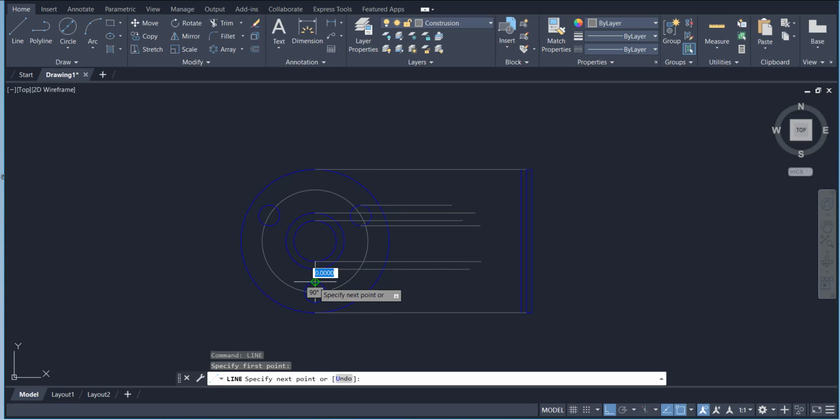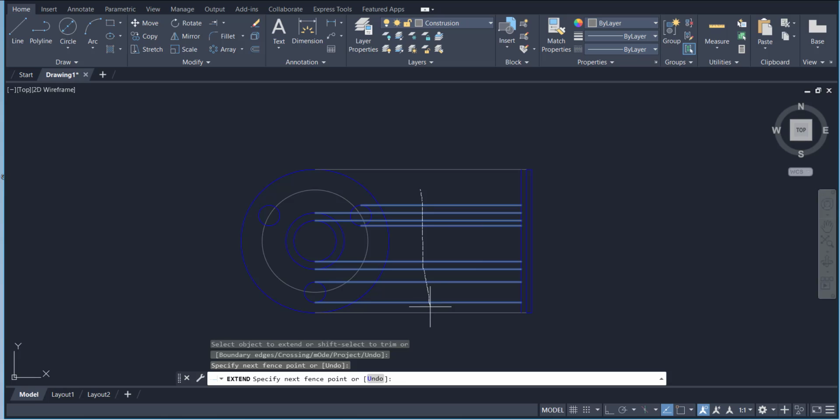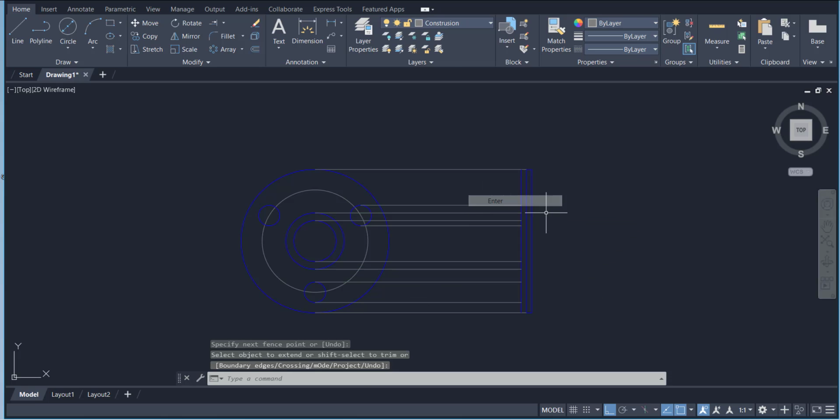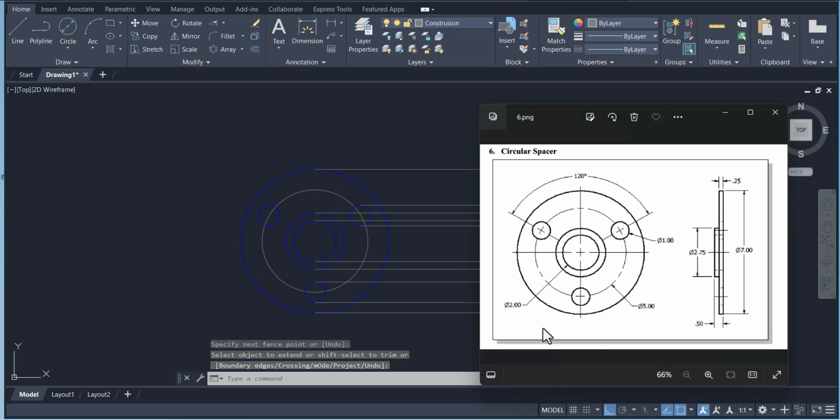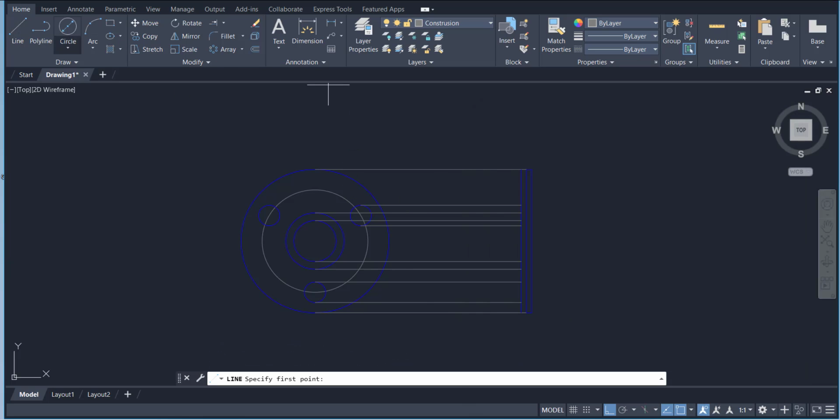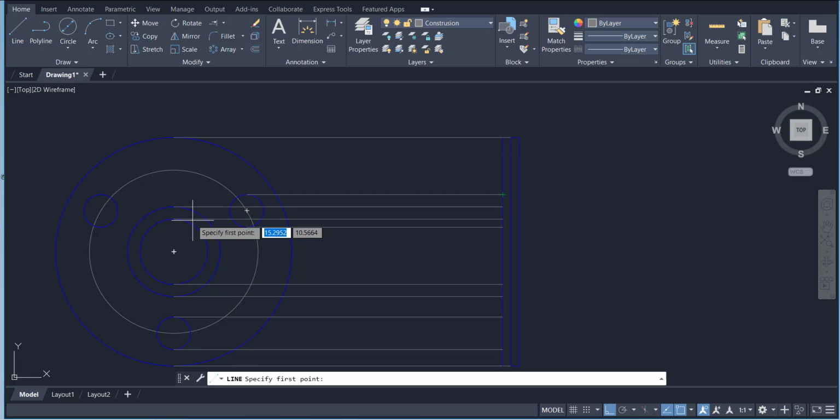From every point, every circle, we have to draw this quadrant, and so we can transfer the view to the right side view. And here I am going to use the extend. So drag it by left clicking. So now you can see it's stretching this line. So for this tab from this point to like that and like that, we are going to draw a line. So this point,